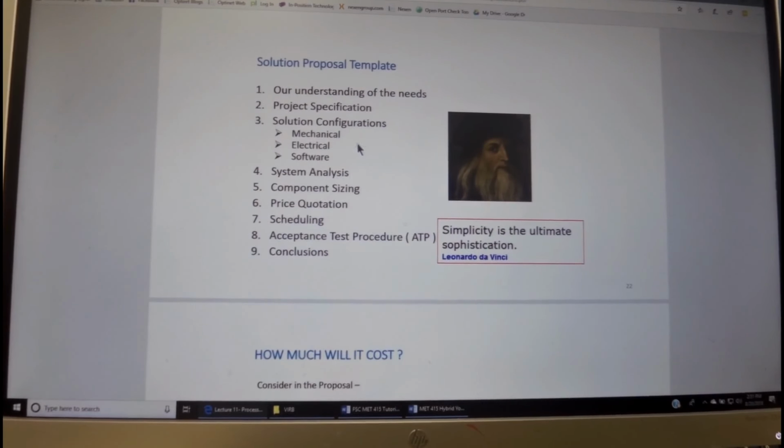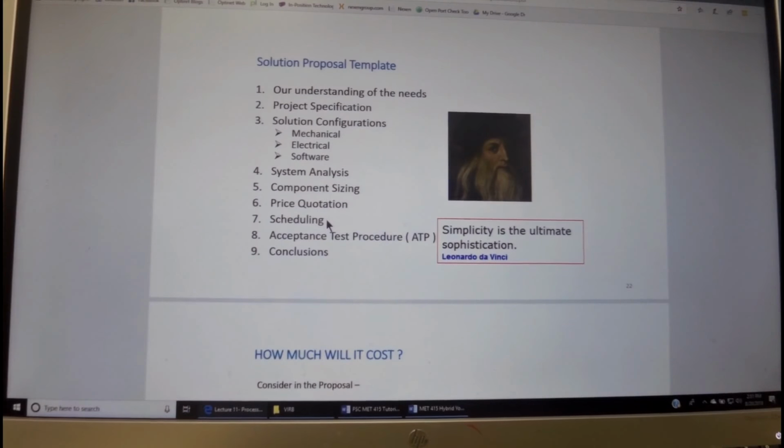We conduct system analysis on this configuration. We also do component sizing, and then we do price quotation for all the components. We have the cost that we allocate for them, plus the markup, and then this adds up to the price quotation.